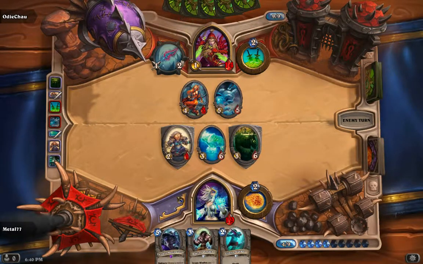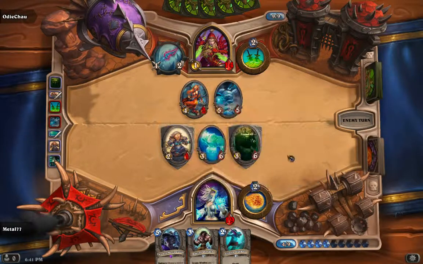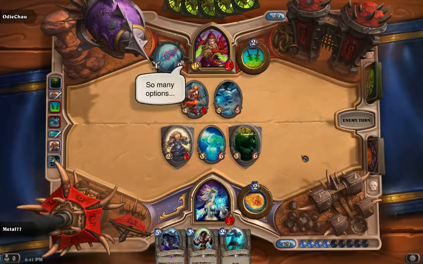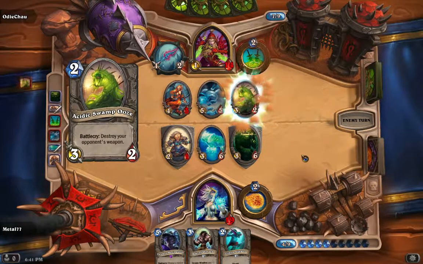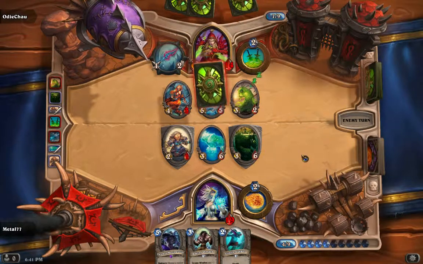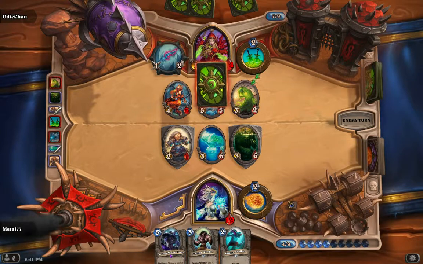I'm also concerned about something like Betrayal here. I should have played this on this side of it, so if he does have Betrayal, it will only do 2 damage. I gotta keep that in mind when playing against rogues, as Betrayal is a thing. So many options. Okay, Acidic Swamp Ooze is not gonna do much. If I could draw a Flame Strike right here, that would be most convenient, but he's outdrawn me by quite